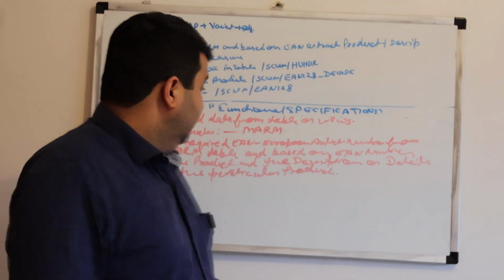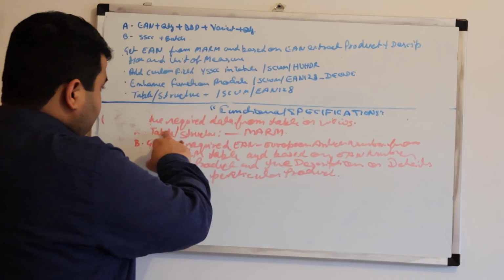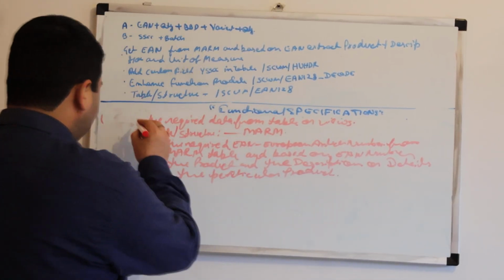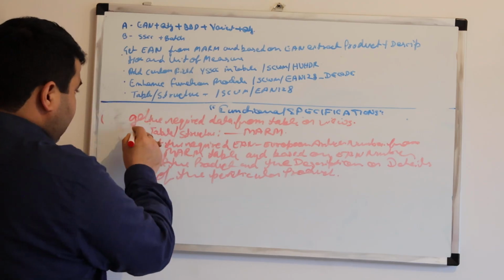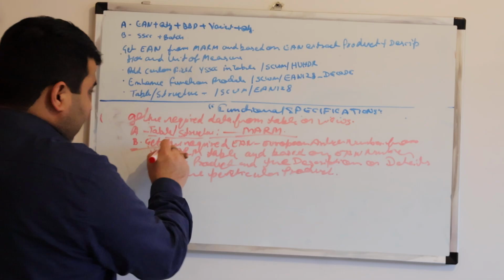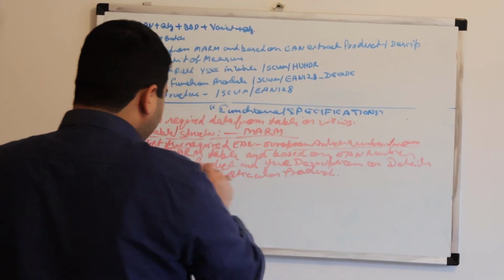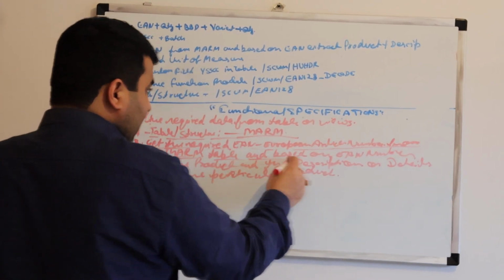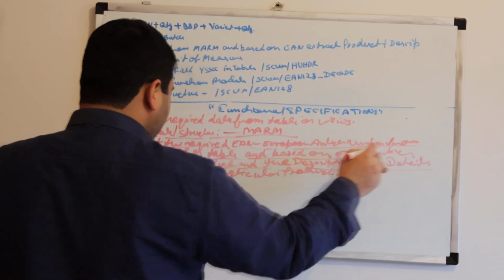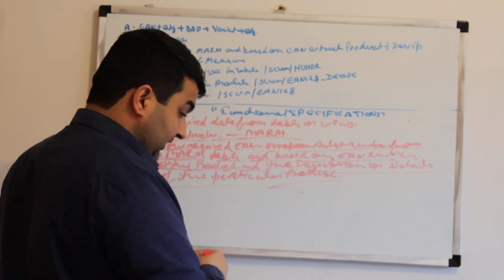In the next point, after saying to get the data from the table or views, get the MARM table structure. Get the required EAN, European article number, from the MARM table, and based on the EAN number, get the product and the description of the details of the product. Okay, then after